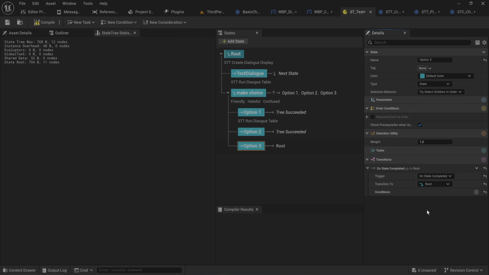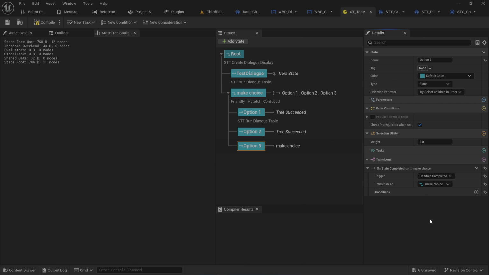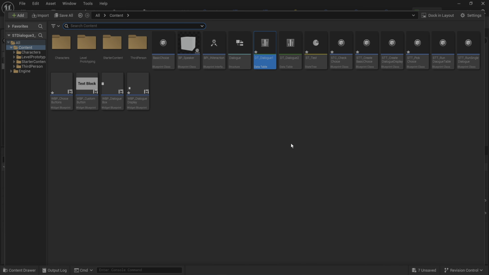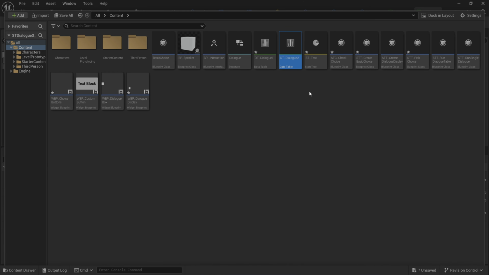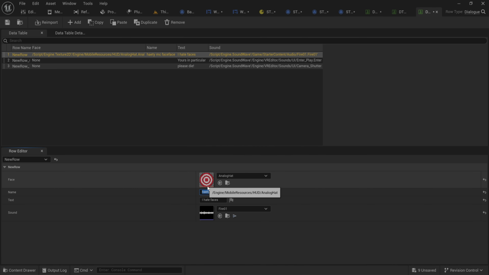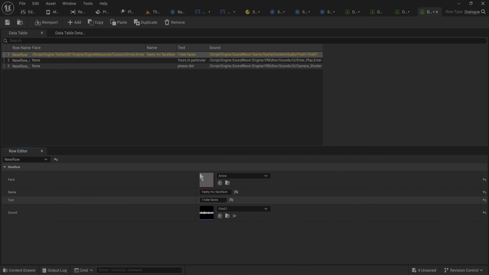And actually, just to show you on option 3, what I want to do is I want to go back to the make choice. Just to show you that that is a thing that we very much can do. So I'm just going to get rid of some of the dialogue that I put in the first tree, so that we have a second one all ready to go, and then we'll just add 2 more. I'm just going to wing it with this one. Honestly, I'm just going to be changing the name and the face, so target, and then for this one we'll just call this